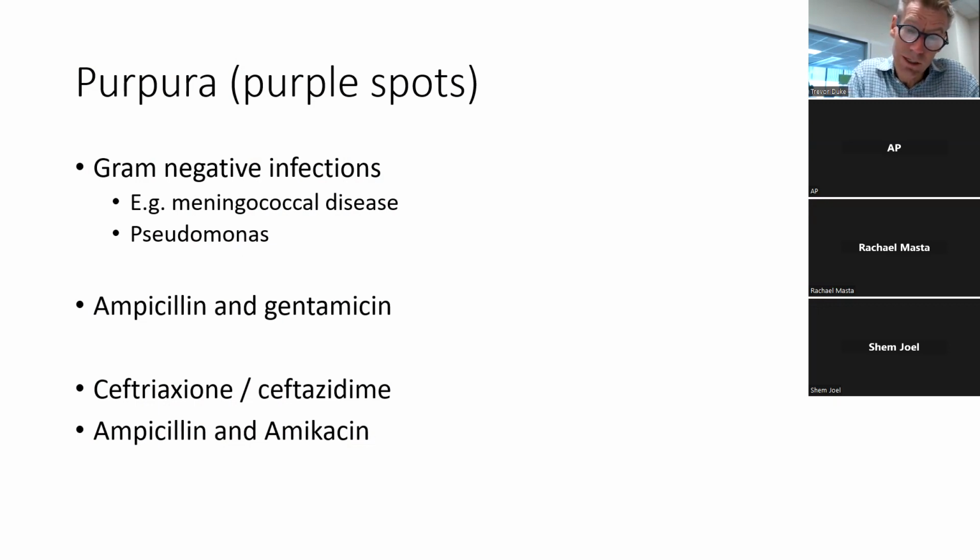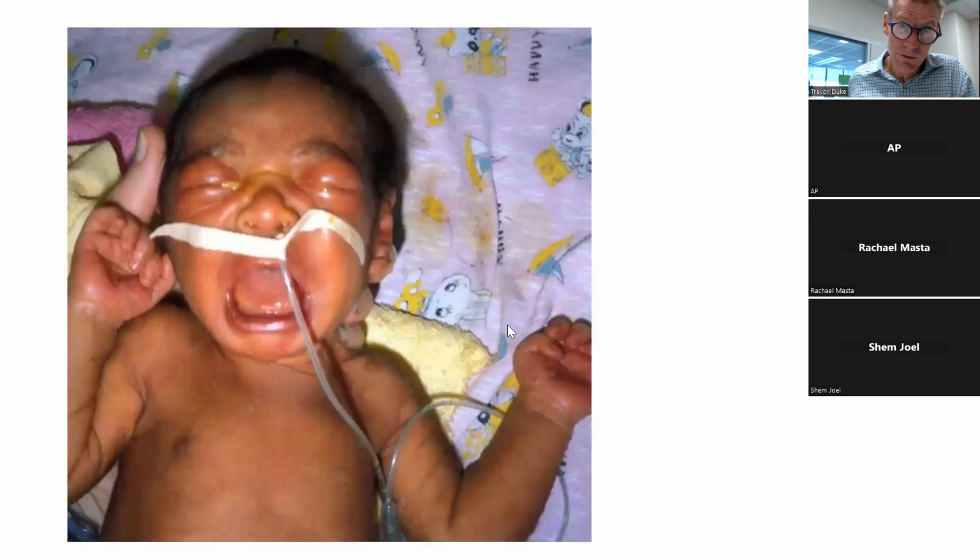Or if you think that the baby might have a multi-resistant infection, then you need to think about other antibiotics. And finally, another gram-negative infection that's quite common in small babies. I'm sure you've seen this before, but this is gonococcal ophthalmitis, isn't it? Now, there are many different causes of eye infections in newborn babies. So chlamydia can cause an eye infection, Staph aureus can cause eye infections, but gonococcal ophthalmitis looks like this, where